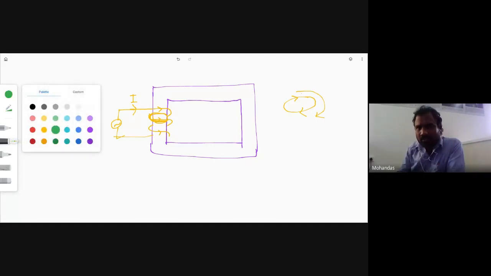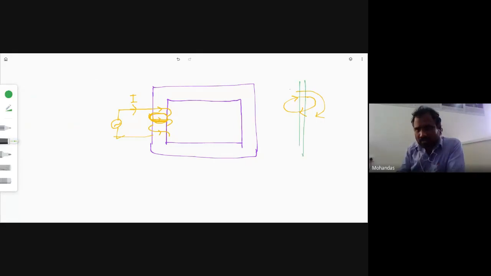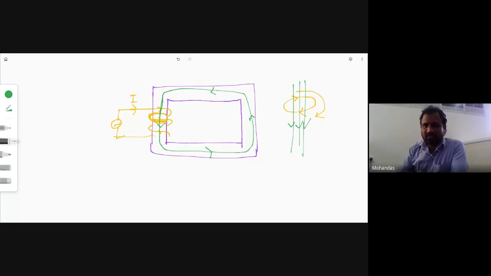let me take another color. It is in the direction of it. Then the magnetic flux will be established in the transformer core. So the direction of the magnetic flux will be in this fashion. We have to know this. This is the way to calculate the flux direction in the transformer working principle. Without knowing the thumb rule's actual principle, we cannot understand the transformer working principle.